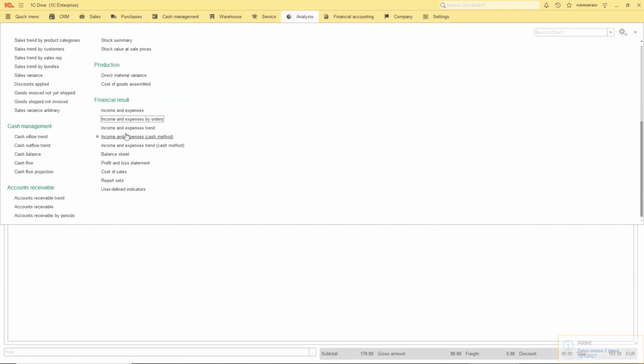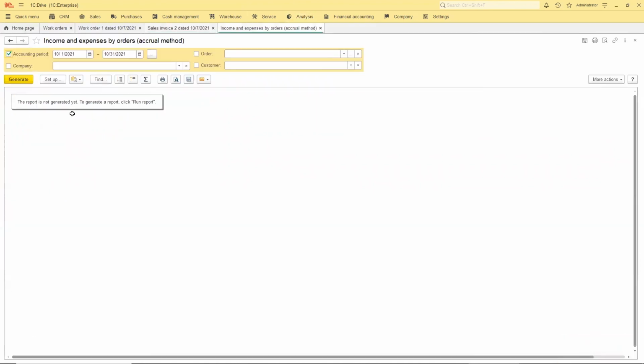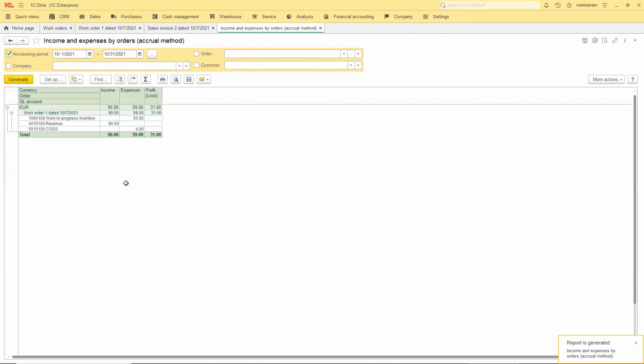So now we can see some reports, for example, income and expenses by order. And we can see that we've got revenue like this. It's without VAT costs. And we have work in progress in inventory in here.